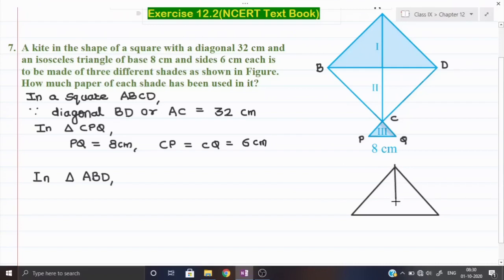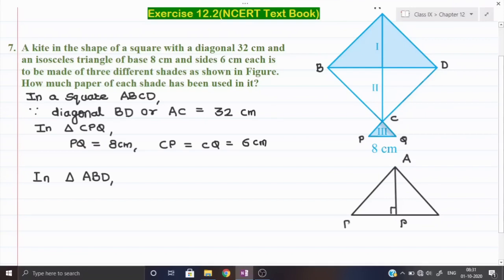This is the top vertex A. From here I am making one perpendicular. Wait a minute, let me draw it clearly. Yes. Okay, so now see, this is my perpendicular. I will name this perpendicular A, and here I will give the name P. Now how can we say that it is perpendicular?